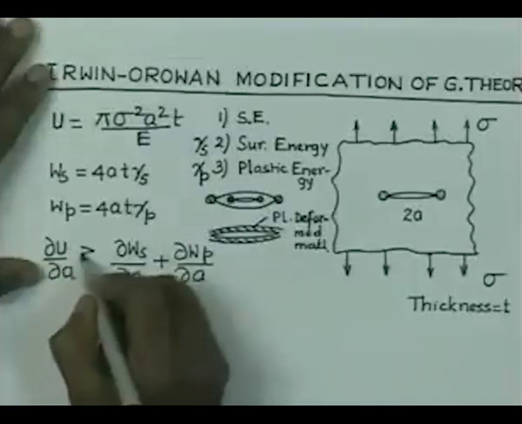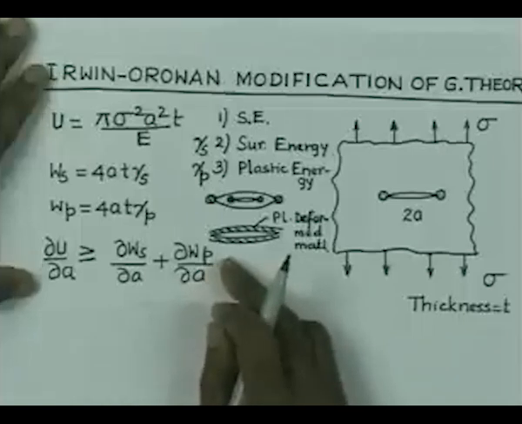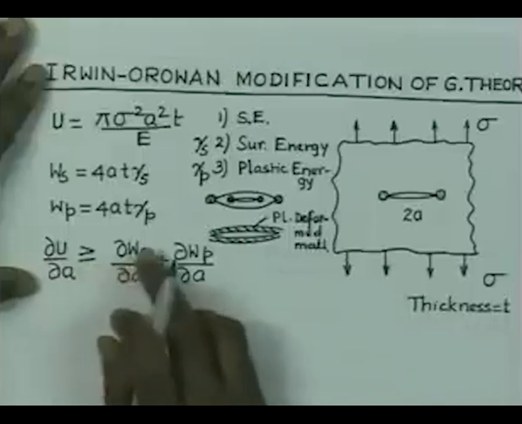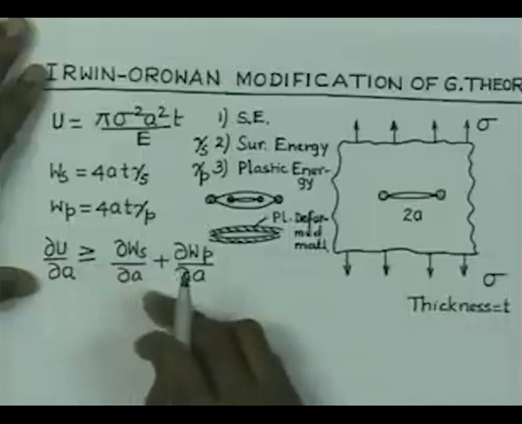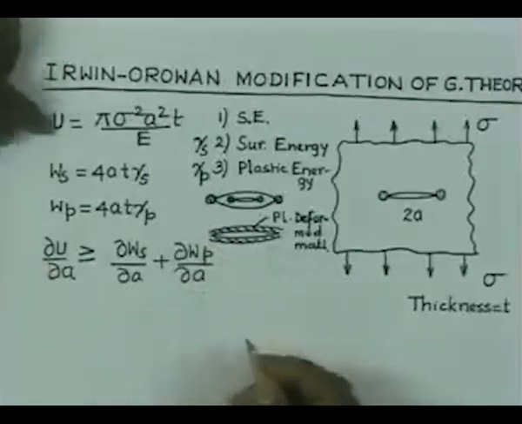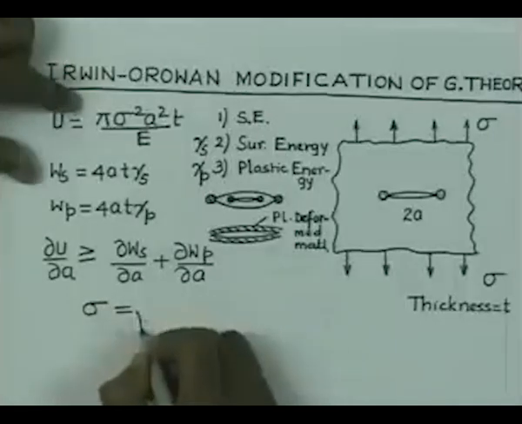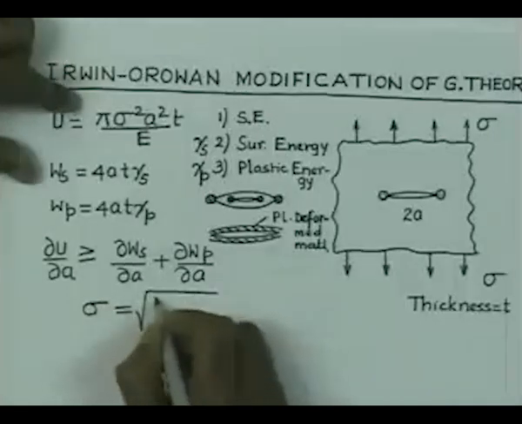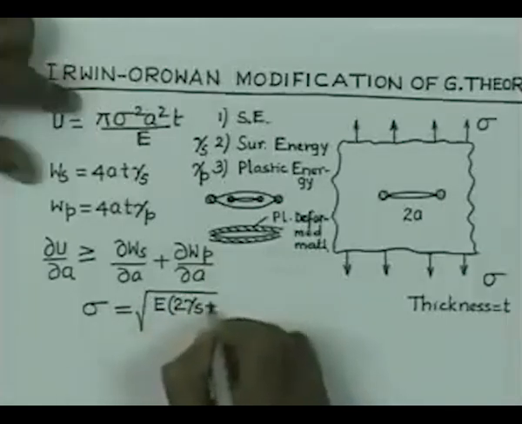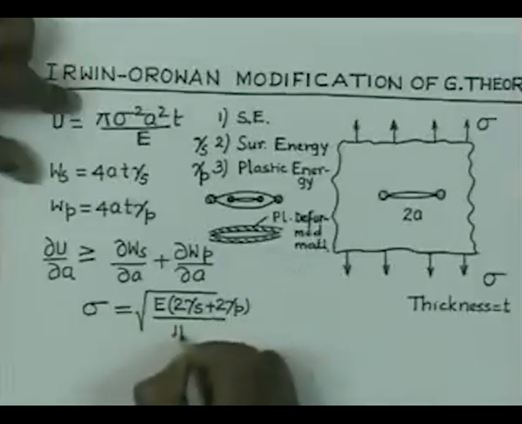So, this is the condition for unstable crack extension when there is plastic deformation at the crack tip, and in the limiting case we can write that delta W delta A is equal to delta W S delta A plus delta W P delta A. So, if you do the simplification, we will get finally that the load at which the crack propagation will begin is given by root of E into 2 gamma S plus 2 gamma P by pi A,